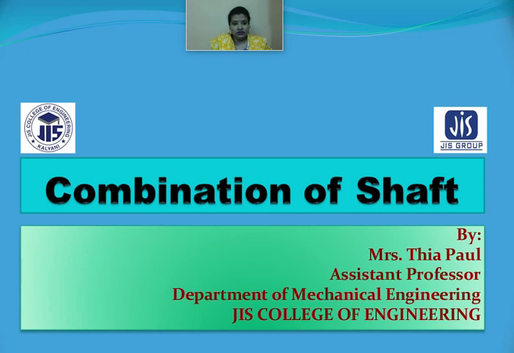So today in this lecture, we are going to consider some sort of combination of the shaft. Now, combination of the shaft means what? It can be made up of two different materials. When two different materials of two different diameters come in contact with each other, they can be in series or in parallel. Then how is it going to affect the torque, or I mean to say the torsion of the shaft, even the angle of twist or permissible angle of twist of that particular shaft? So in this lecture, I am going to describe the entire thing related to the combination of shaft.